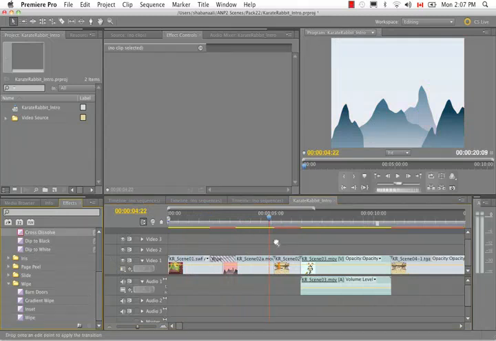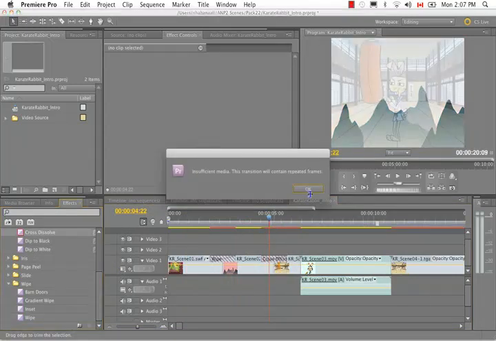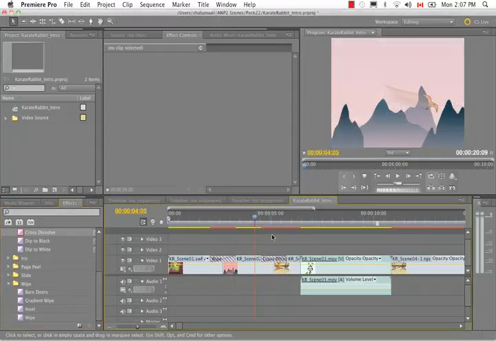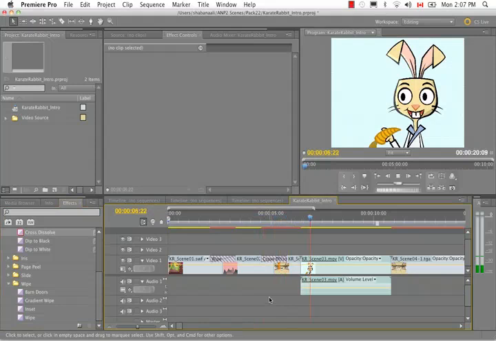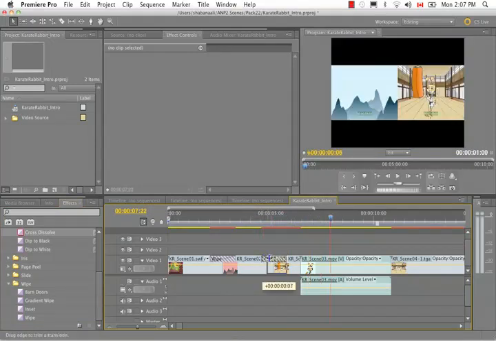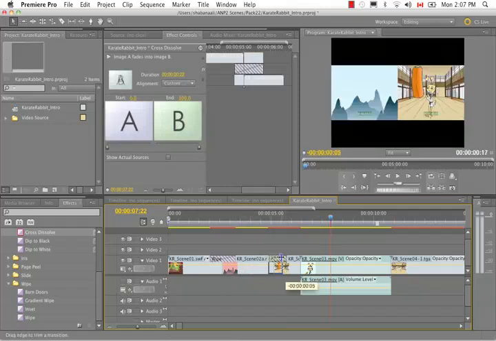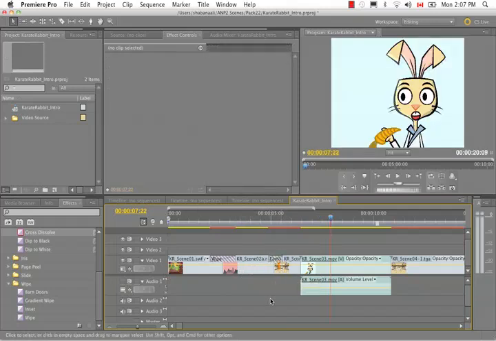So a cross dissolve looks sort of like a fade, where it fades between two. So I might mute this just for a minute. And you can always lengthen those or shorten those, that period of transition, as you would like. You can also import sound and put a soundtrack underneath